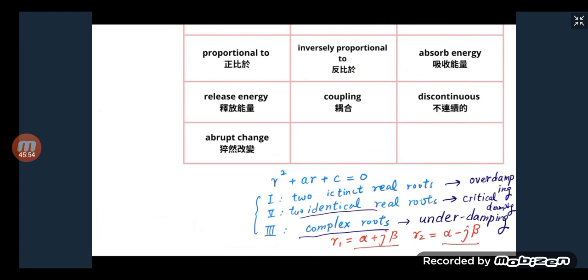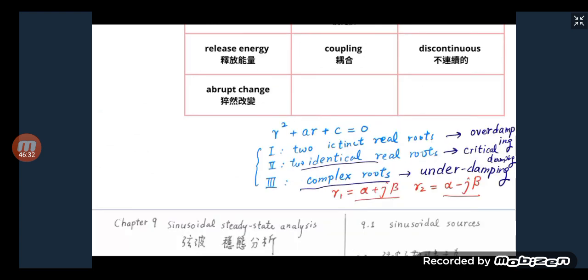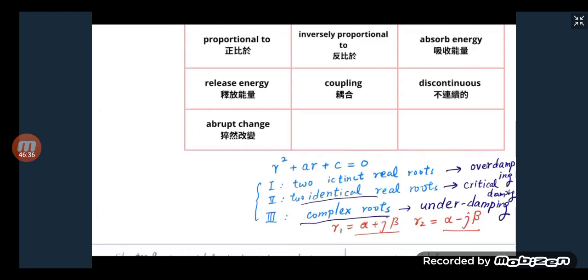I'm not sure if you have learned the three dampings from differential equations, engineering mathematics. 在工数中学到还是还没学到？工数已经讲到这个，好，现在不是工数下嘛？工数上有讲到，还记得吗？对，可以拍短片。记得吗？好。